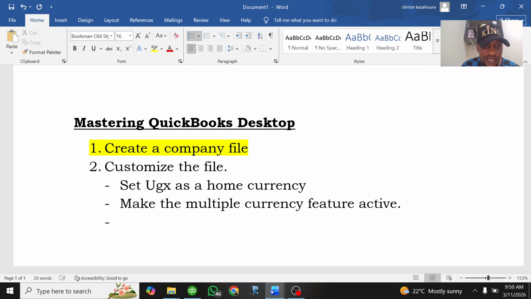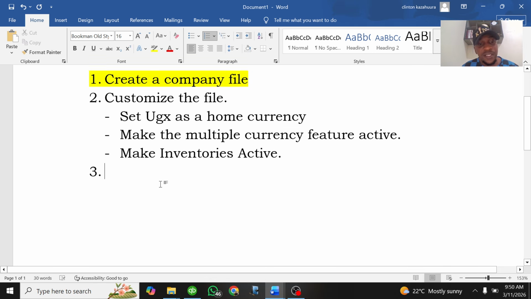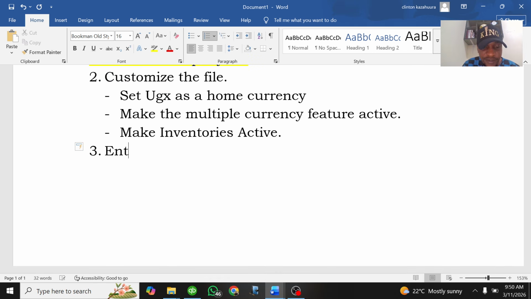Then number three, still under customization, is that we are going to make inventories, what we call stock, active. Okay, we're going to make inventories active. This is the customization that we shall need. So that takes me to number three, which will be entering the